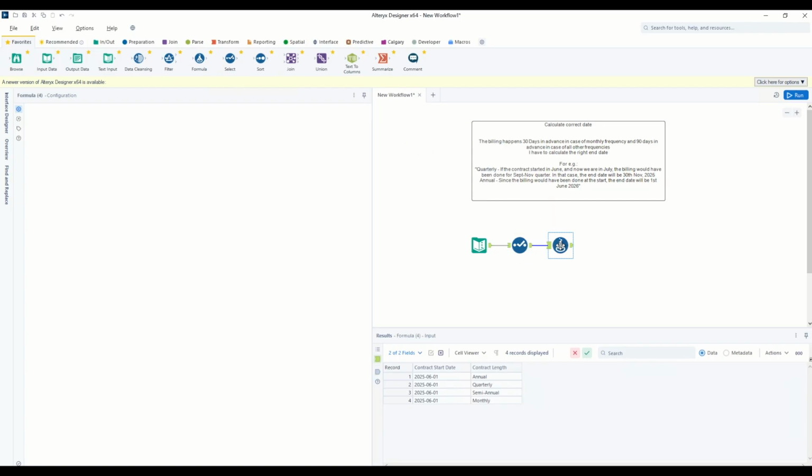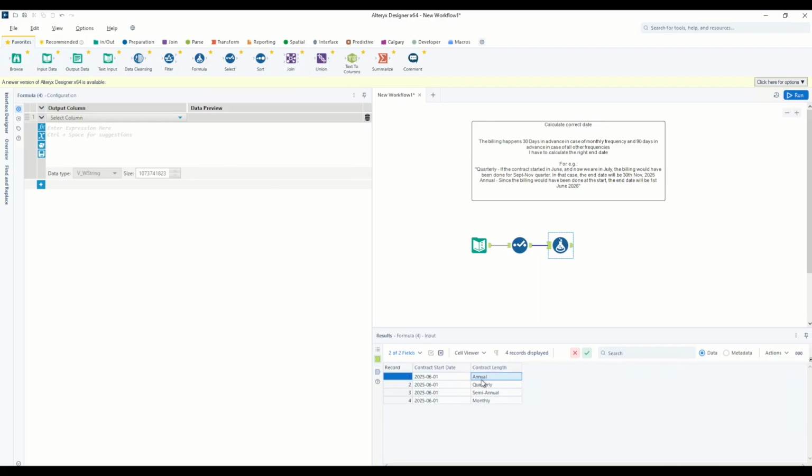First, we will need a formula tool since we'll be doing some calculating. And the first order of business is we need to calculate contract length in months. So we will say contract length in months. And we can say if contract length equals annual, then 12, else